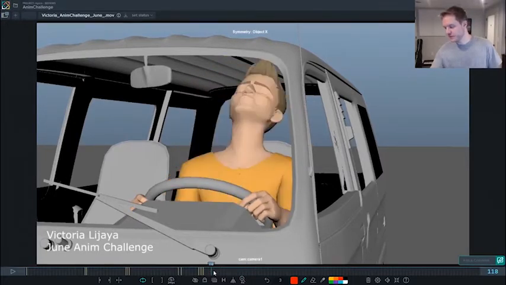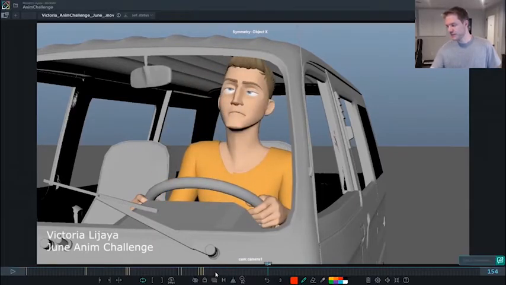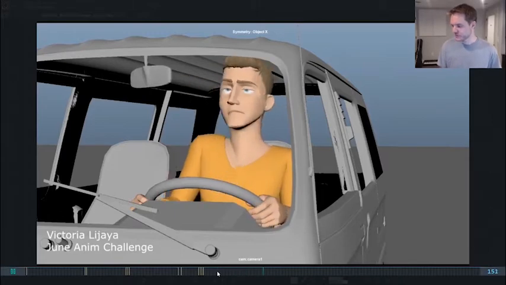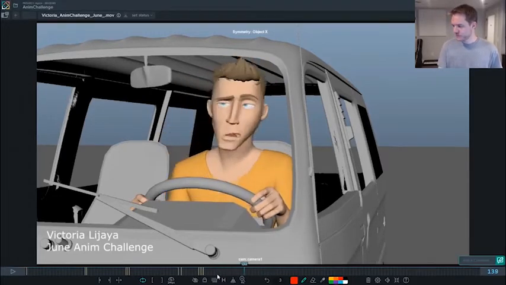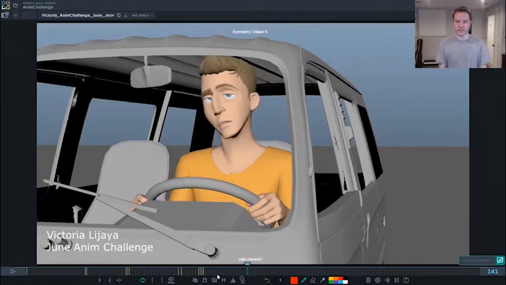Now here, when he lifts his head up, I think this is where it starts to feel like the head, neck, and chest are disconnected from each other. I think the neck is doing a little too much back and forth, and it's making the head feel like it translates from side to side. And there's not enough rotation on the head to support this idea. It feels like it translates instead, which is very uncomfortable, I think, and also feels a little bit too stiff